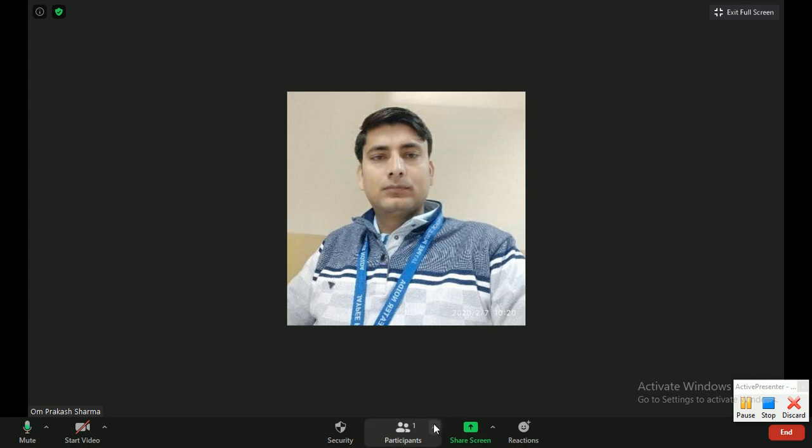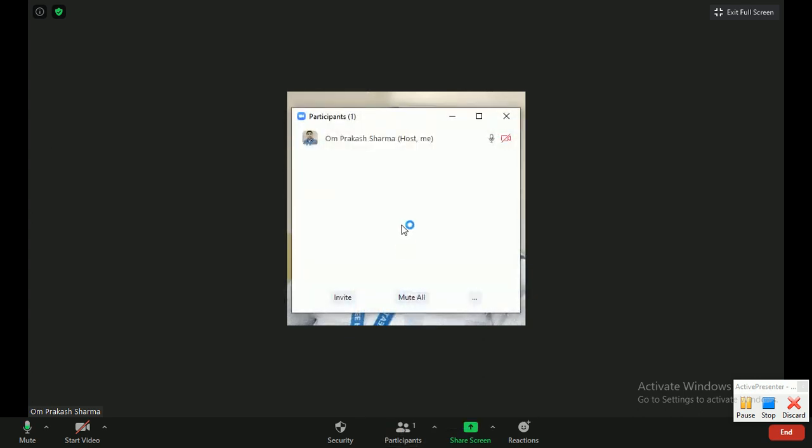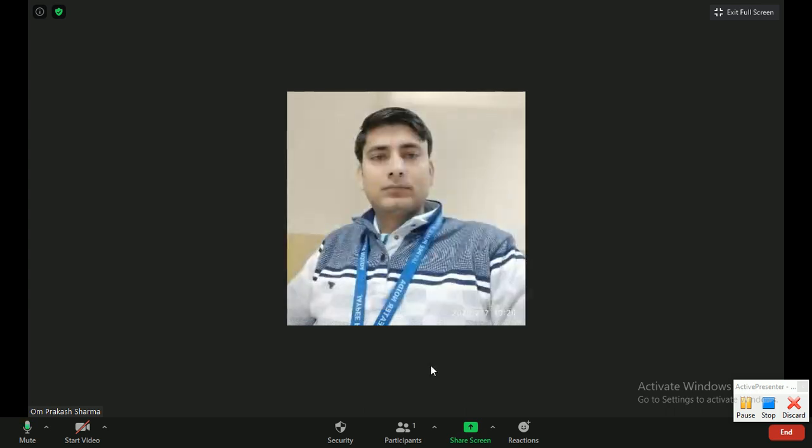Okay, and if you want to manage the participants, then definitely you all are familiar with how to mute all. Click over the participant and the mute all option is there, and more options are also there, so you can do the managing participant things also. This security control is also very important. If your meeting is full and you do not want to let anyone into the meeting, then you click lock meeting.